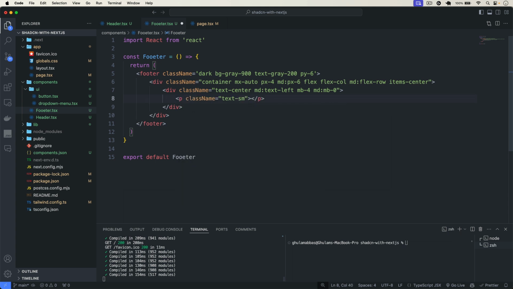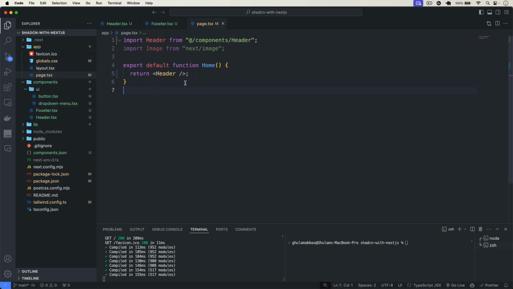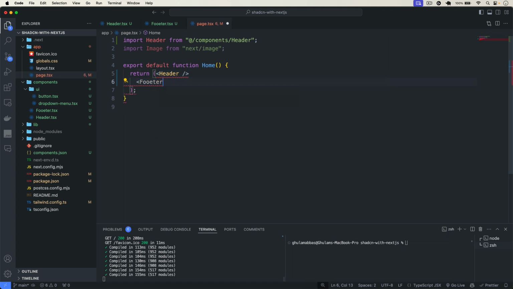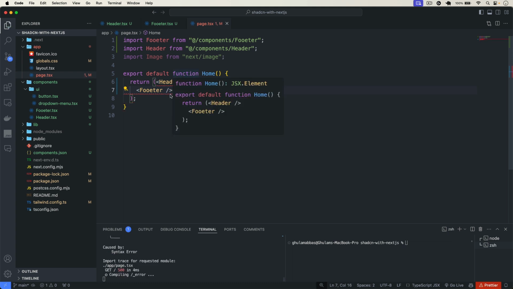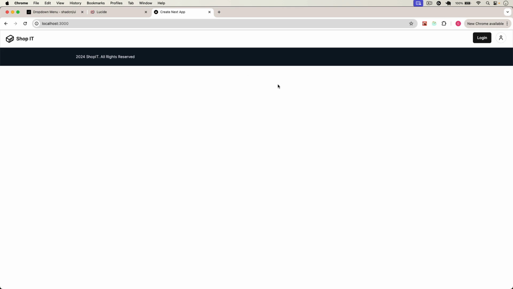Okay, and now in that we can put in here a p tag, give here class of text dash sm. In that we can define in here 2024, let's say shop it all rights reserved. Okay, if I go back, and we also have to render that in here, so I will use here footer, and now if I go back, you can see that this is my footer,